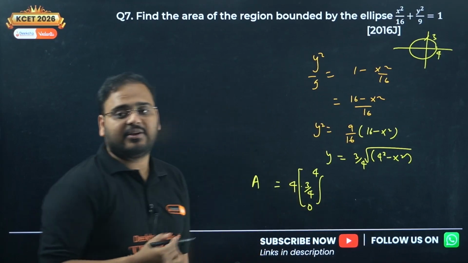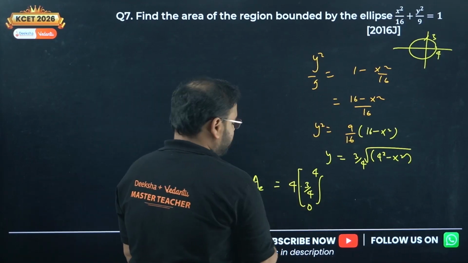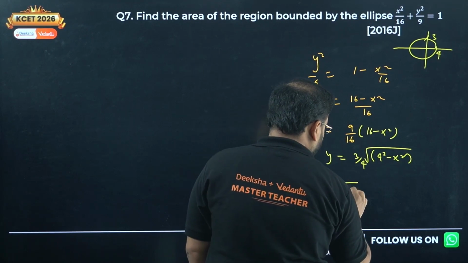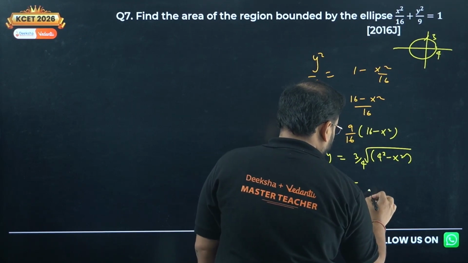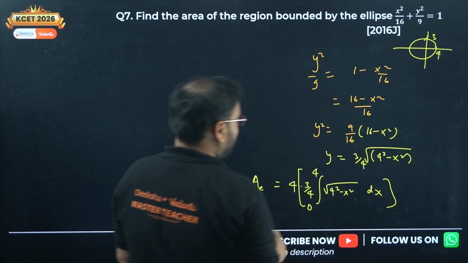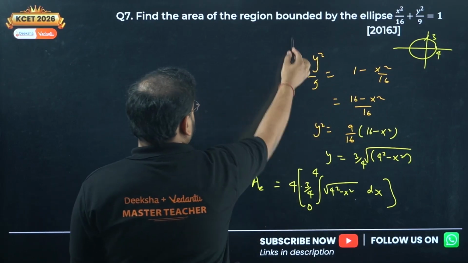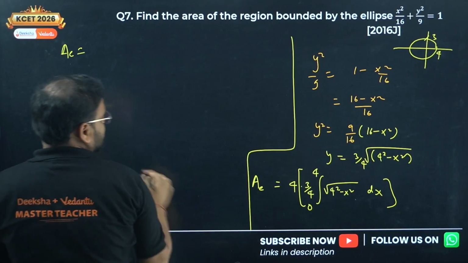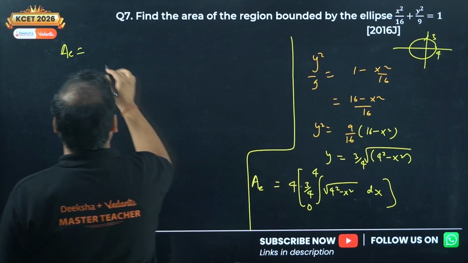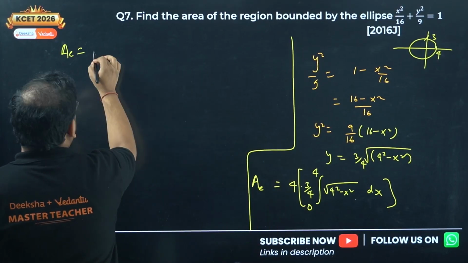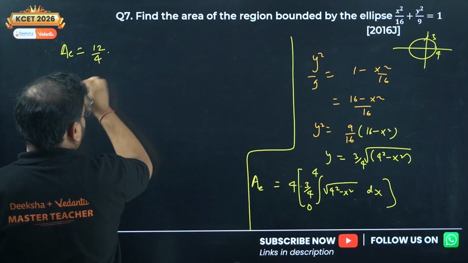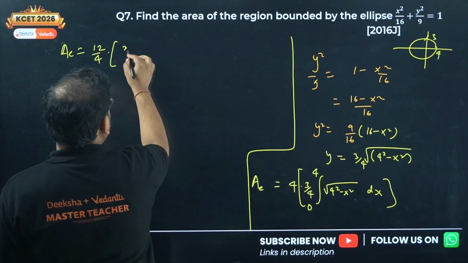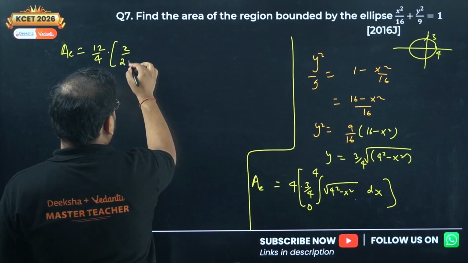Okay, I'm writing this as area of the ellipse, let's say E. 3 by 4 I've taken outside, integration of 4 square minus x square, and we have dx. So the area of the ellipse will be what? Please check. This 4 and 4 is okay, we'll keep that later only. 4 by 3, 4 is a 12 by 4. And integration of this will be what? x by 2 into the same